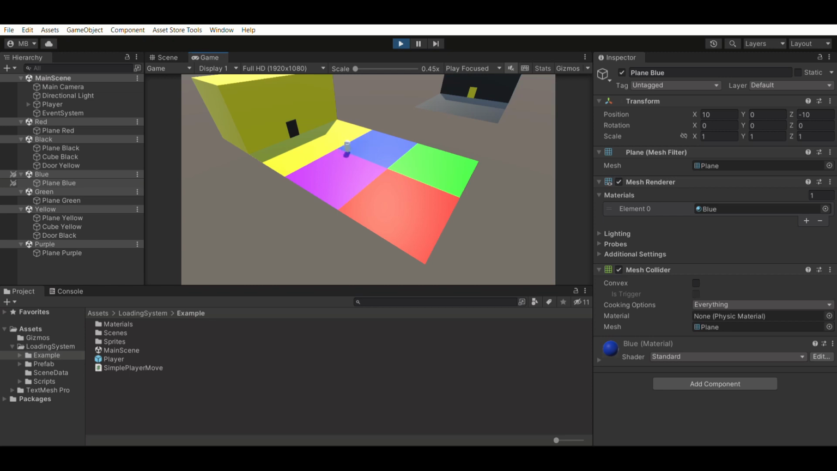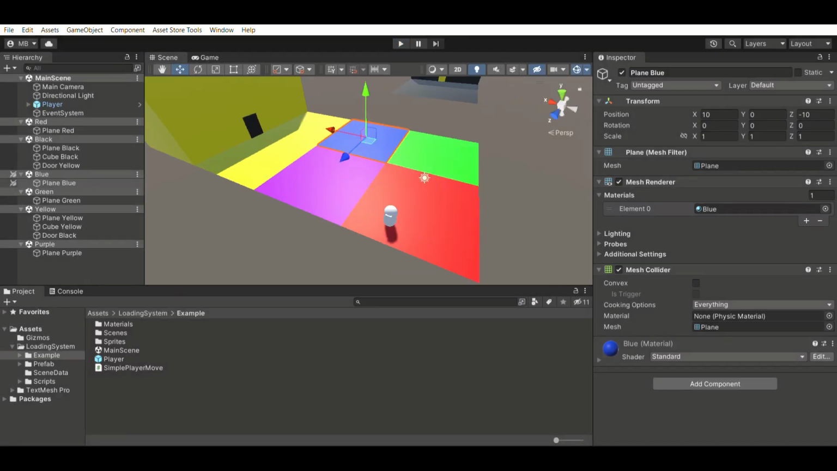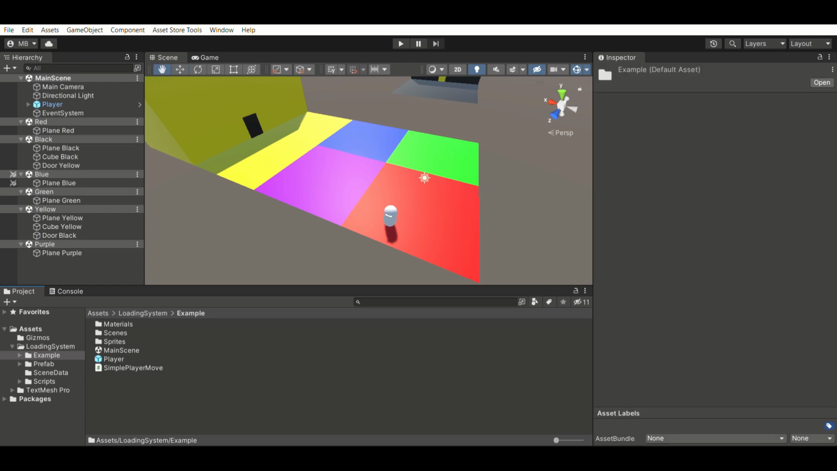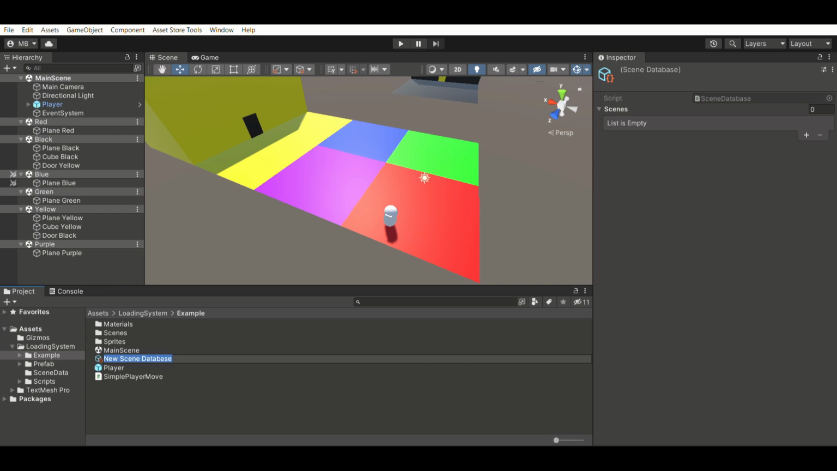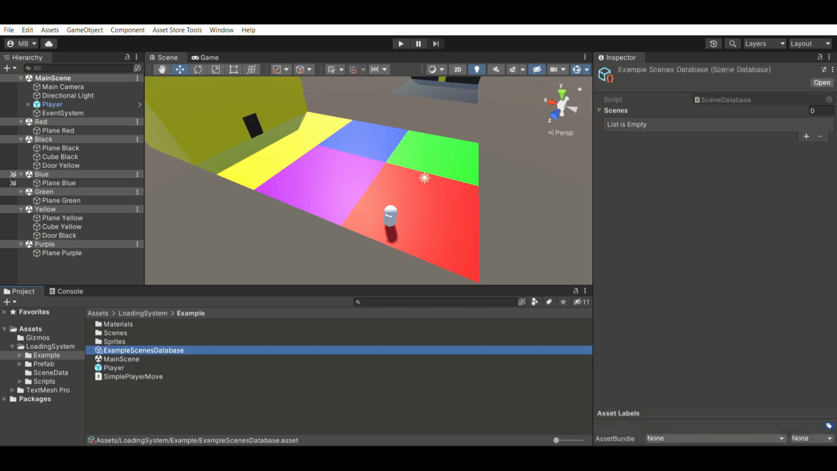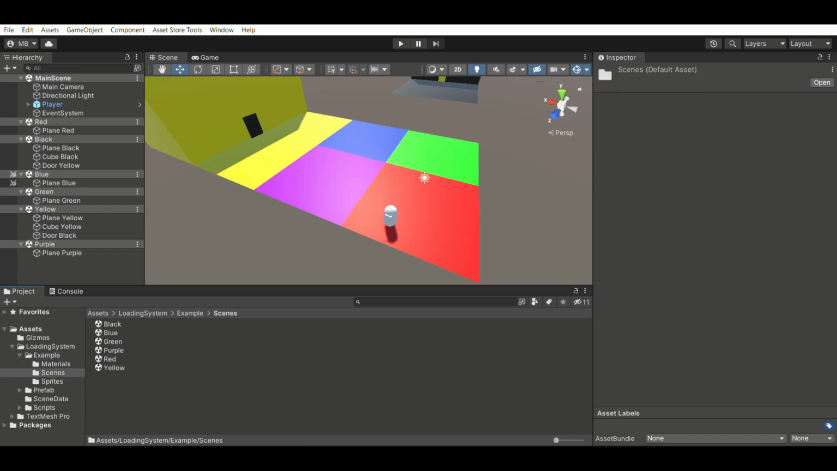Okay. Now we set up the main scene database. We call it example scenes database. We can add here all our scenes. For example,